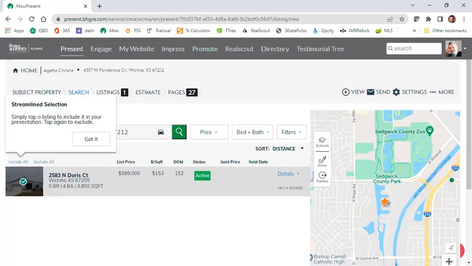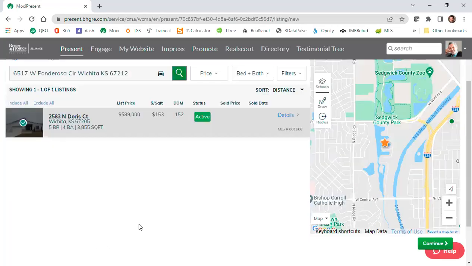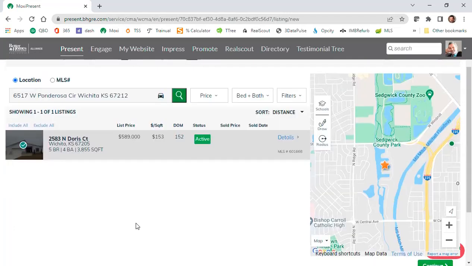But every one of you in here knows that's not very good. I need more than one property, right? Does anybody think they only ought to have one comparable? Good. So there's several things I can do now to get away from the automatic selection and start expanding my